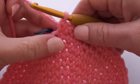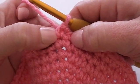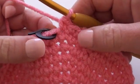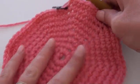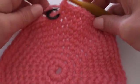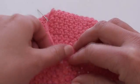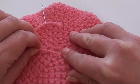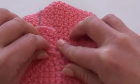So I'm at the end of round 9 and we've still got our 64 stitches, and I've made my last single crochet stitch into that stitch there just before the marker, and we've completed the crown of the hat or the chemo cap now. So that's the crown, the top, and we'll be working on the sides now. But before we work on the sides, we just want to tighten up the center here, and to do that you just give it a slight pull to tighten that center up,